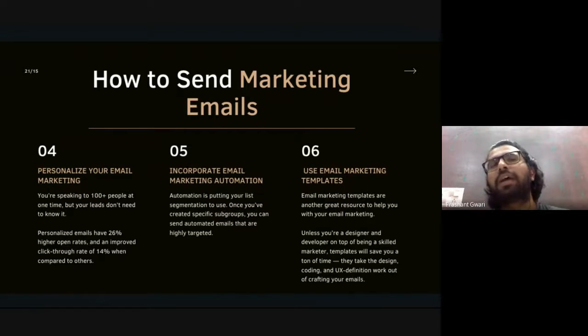Automation is not just about sending an email when someone takes an action. It is also about engaging with our audiences automatically. Like someone created an account on your website today and you send them a welcome email automatically. Welcome to our website. Now, after 2 days, they will receive another email that we are launching a new product. After 5 days, they will receive another email. After 7 days, another email. So we have created a proper automation on specific days or specific times, and we trigger our mails. Every 2 days, you get an email from our site, and the content we already created a few days ago. So that is the automation.